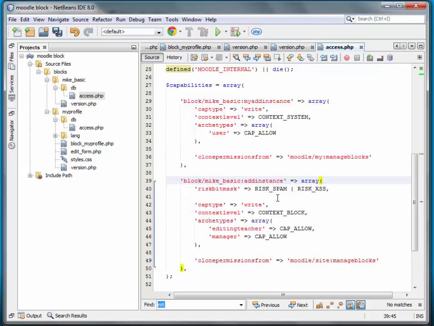And it all depends on what the capability is. So in this case, there's a risk of spam, and there's also a risk of cross-site scripting. Again, the capability type is write, context level, context block, archetypes. So we're going to allow default would be the editing teacher and the manager role will have this capability initially. If we wanted to add something to that, we could just put a comma and then whatever archetype. And again, on this permission here, that's just not real clear what that does. Clone permissions from. I mean, I understand it, but I just don't see in the application itself where it actually